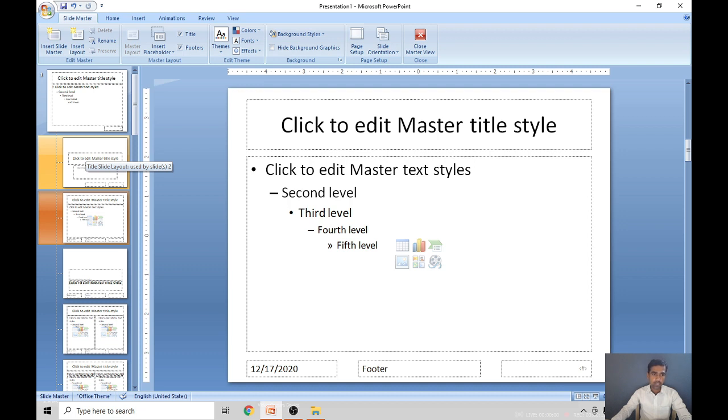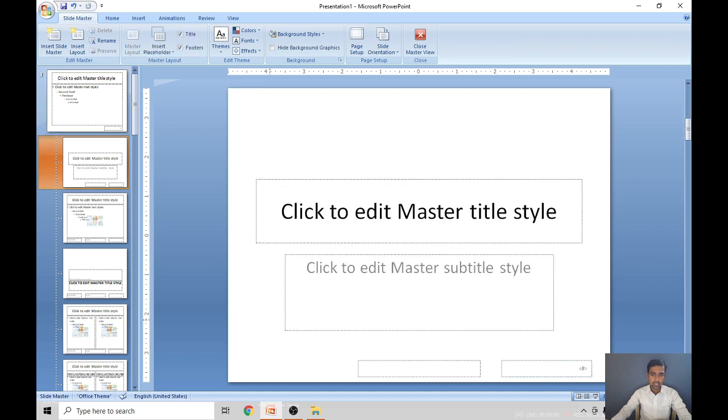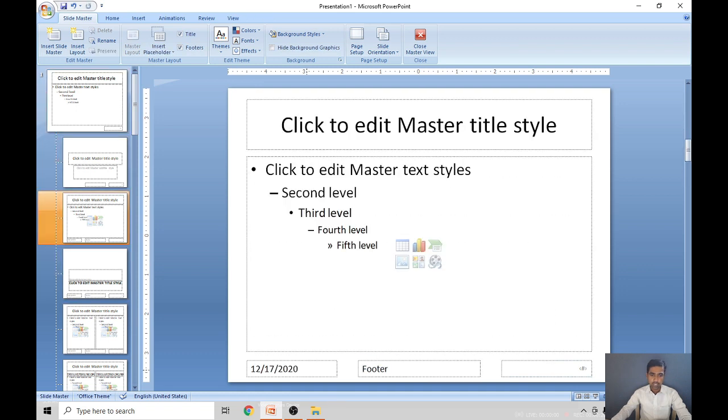And one more different quality of a master slide is that the header and footer option is also there. See here, header and footer. You can write header and footer in the slide, right, children? In other normal slides, you will not get a header and footer option. This header and footer you can take anywhere. If you want the heading there, then you can take the headers there.